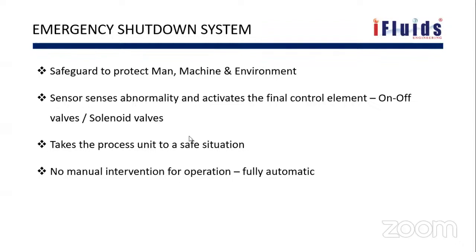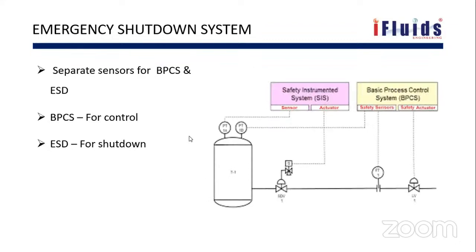As far as the emergency shutdown system is concerned, there will not be any manual intervention. It's a fully automatic system. You cannot manually operate the emergency shutdown system. It must be kept in auto and it should be a fully automatic system. So now we'll see, we have a vessel here. Then we'll also understand the difference between the basic process control system and emergency shutdown,